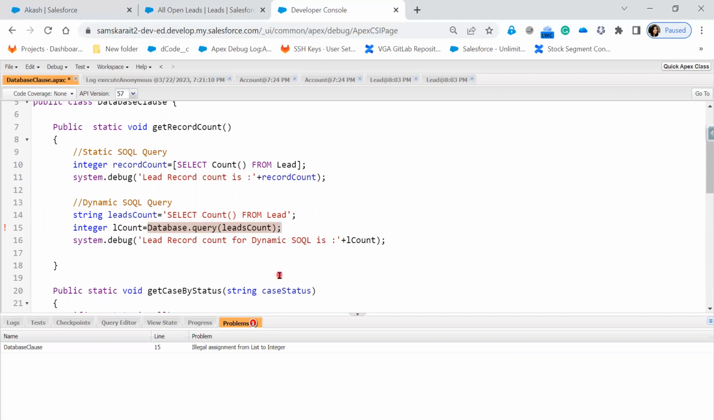Now, in this case, what should we do? Query does not support this. So if you want to know the count of the records, then you have to use count query. If you use the count query, then what will happen? The output of the count query is an integer. So that means